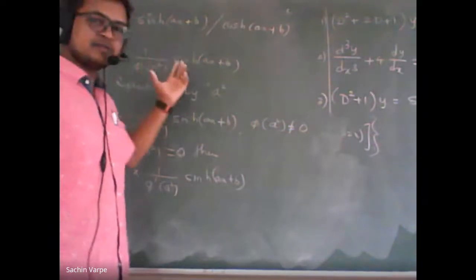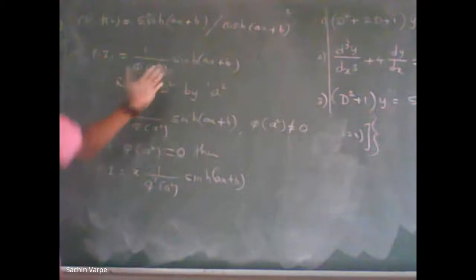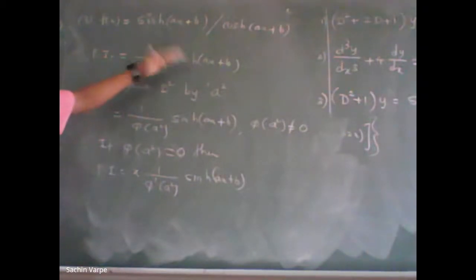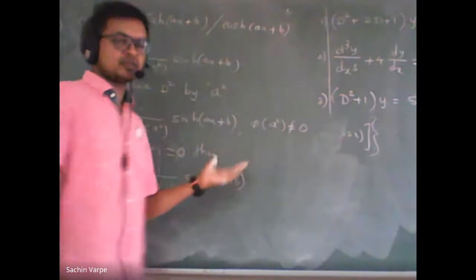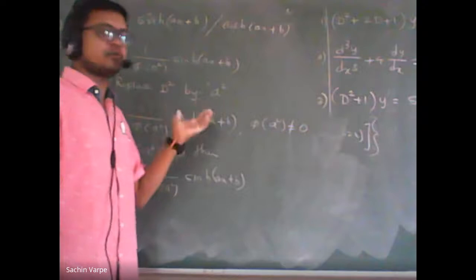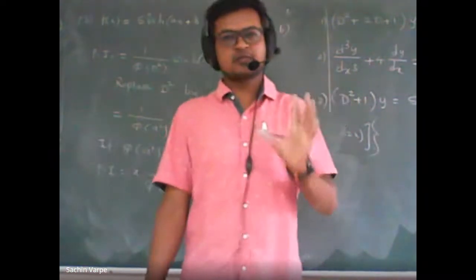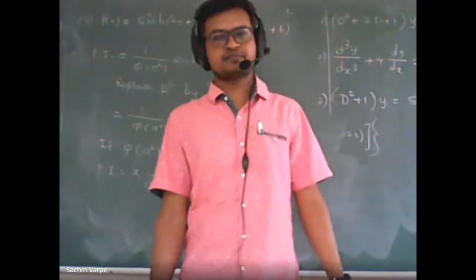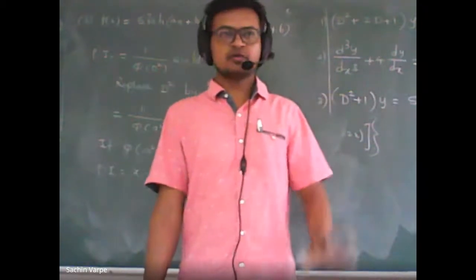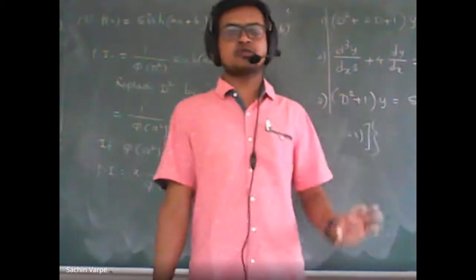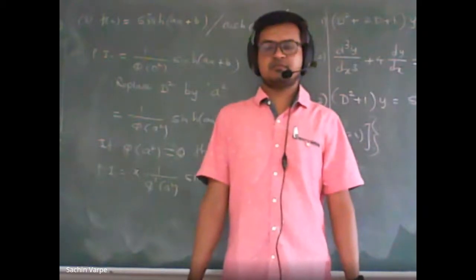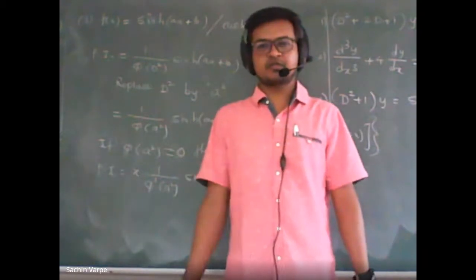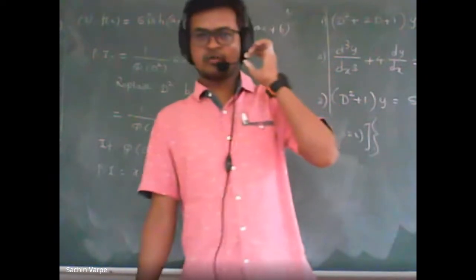Sometimes some examples can be solved using the replacement of a square, and some examples are difficult to solve that way. So in that case, we have one more option, one more alternative for hyperbolic functions. What is that? Do you know that these hyperbolic functions are basically exponential functions? Do you know that hyperbolic functions and even trigonometric functions are also exponential functions?